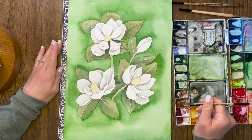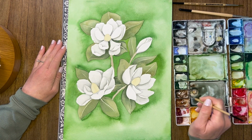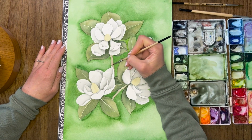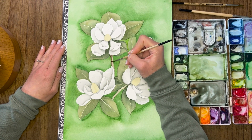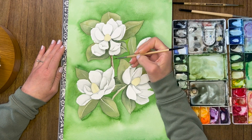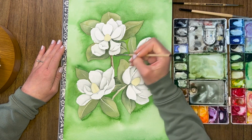I'm gonna mix up a brown, kind of golden brown, or not golden, what do you call this? Van Dyke brown, I guess, but kind of muted. And I'm just making a line along the side. It's kind of better if you make it jagged. And I'm going to grab just water. I'm not gonna come all the way to this edge. I'm just gonna lightly soften it,